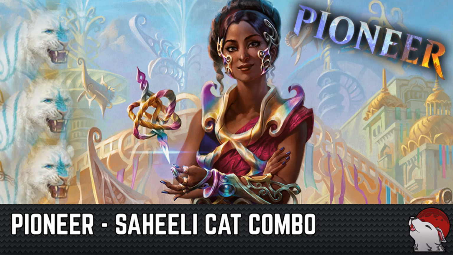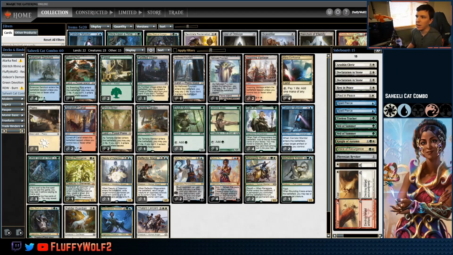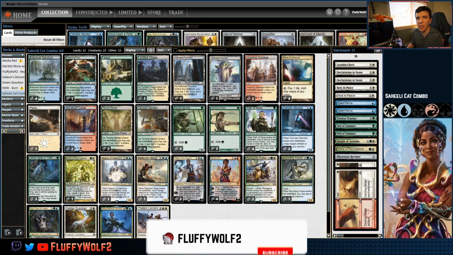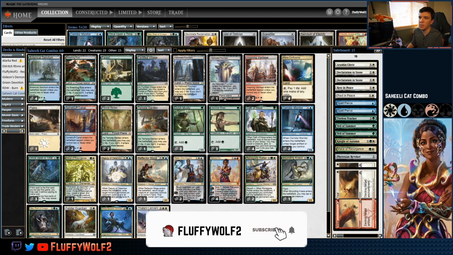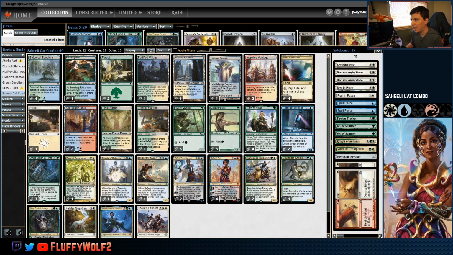Saheeli Cat combo, Vannifar combo in Pioneer. Another deck here exclusively on YouTube. I am Fluffy Wolf 2, and today we're going to be playing this combo-oriented deck in a league and see